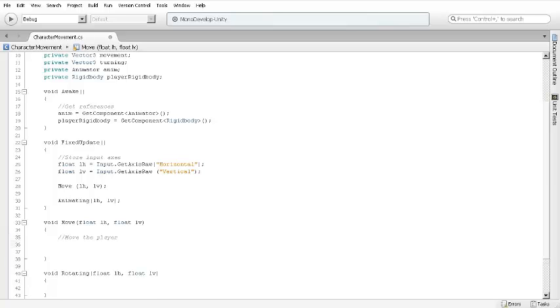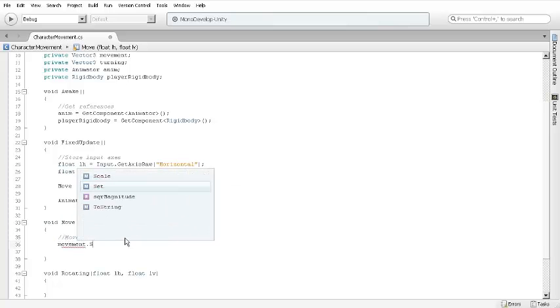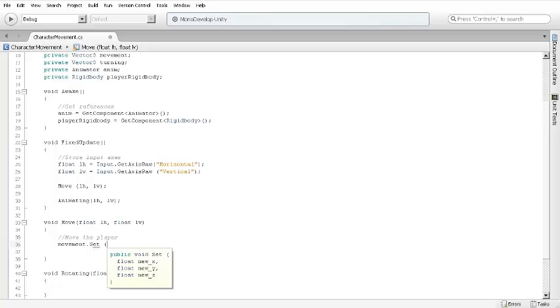First thing that we need to do is set the movement vector based on the axis input. So it needs to be based on our left joystick. We're using a gamepad for this, and so I'm setting that up. So I'm going to say movement dot set, and I'm going to say LH and then comma, and you can see here that it's giving me a little bit of a hint on how set is going to work. And so it needs a new X value, it needs a new Y value, and it needs a new Z